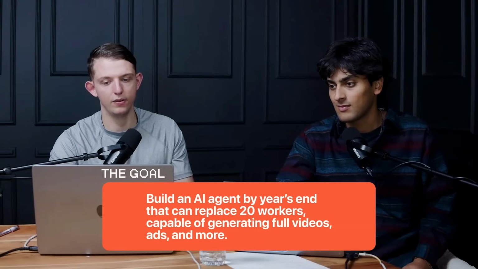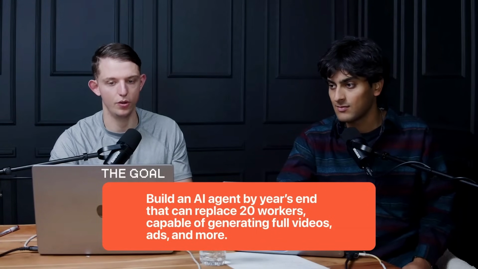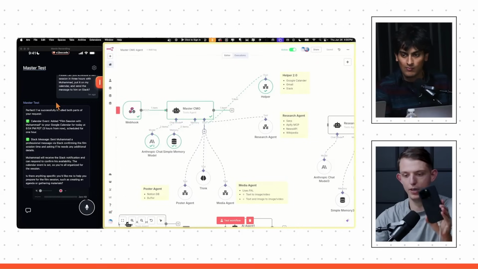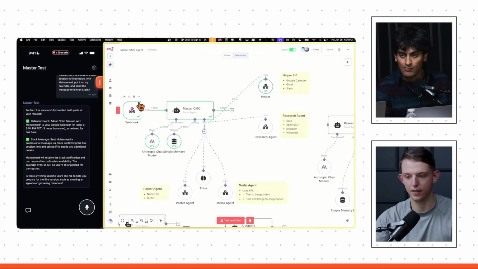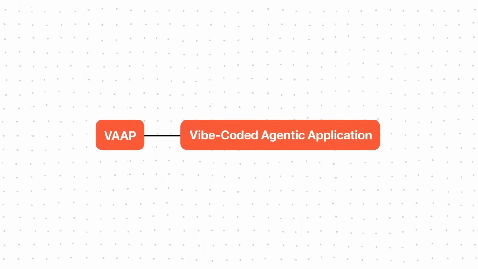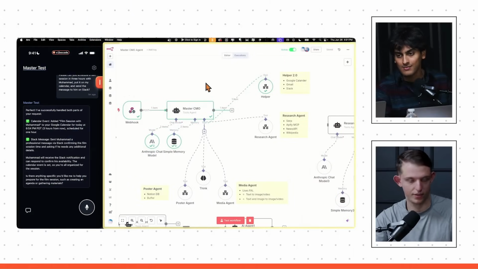What I want to do is break down how we're doing this now. So this is the master agent. Whenever we send data from the app that we're creating, we have the VAP that we vibe coded that sends the data from the app into the webhook. That is what makes it a VAP. It is a vibe coded agentic application, and it's just any app that you create that has an agent. It doesn't need to be a mobile app, but in this case, it is.